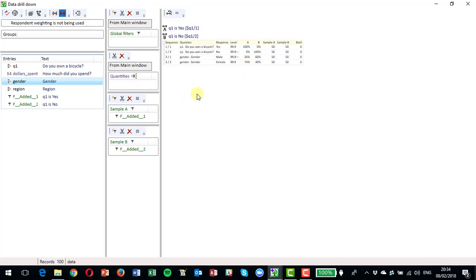So that's just a quick intro to the data drill down facilities. You can obviously go beyond this in terms of tables if you go into the QPS Insight part of the program, and that will allow you to do full batches of tables and set up banners and so on in much more detail. It should be said though that any variables that you construct can be used here within this data drill down